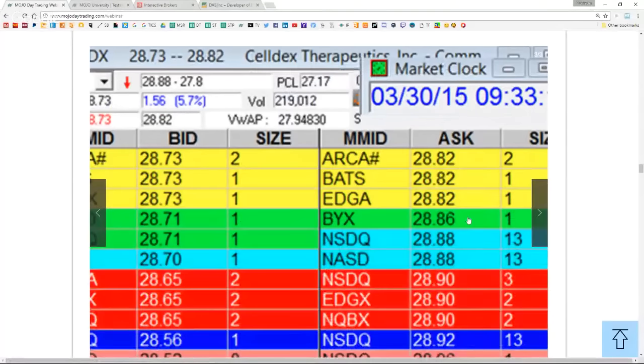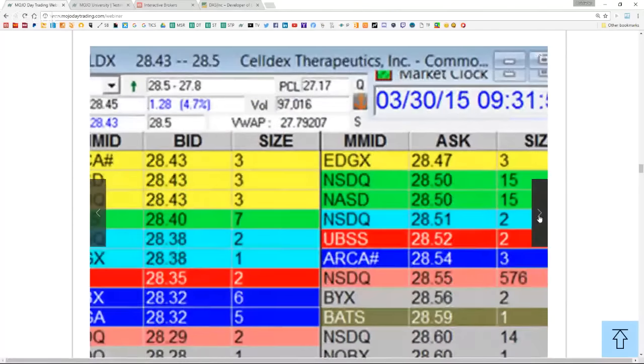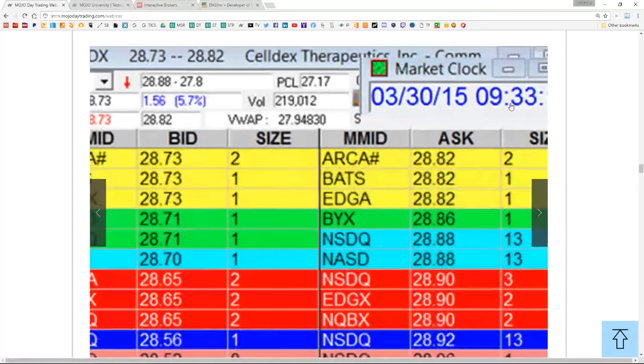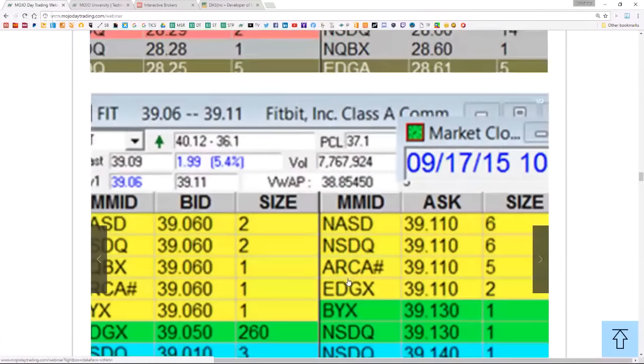Boom, boom. See that? Right there, 28.55. There it is. There it's gone. It happened at 9:33 from 9:31, in 2 minutes. That stock, on the large ask on the right, which is the ask, that large number, bullish. Then you got down here on the left,